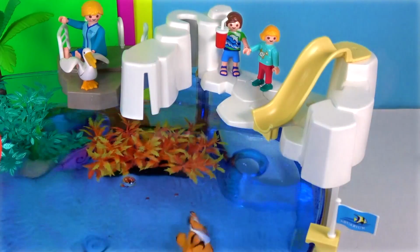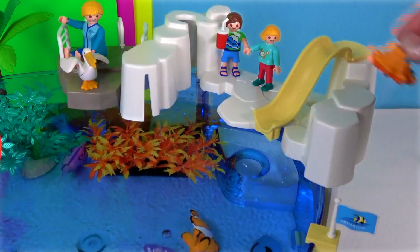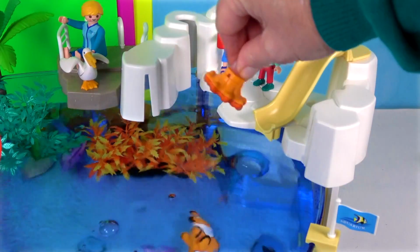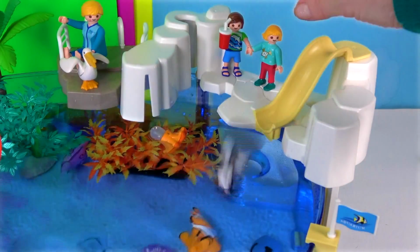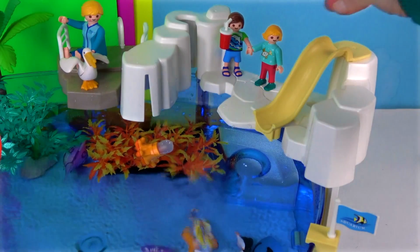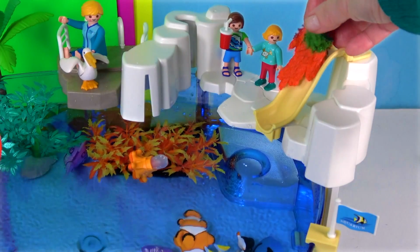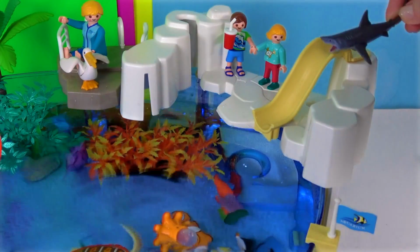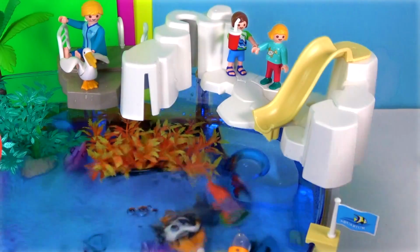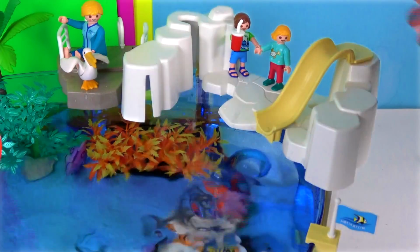And now an orange clownfish, a blue tang, a pink shell, an orange octopus, and this is so much fun. It's a squirter, a penguin family, a blue dolphin, a yellow and black fish, a purple dolphin, some orange coral, a great white shark, a penguin here, and this is mother penguin, and father penguin, an Arctic fur seal, a